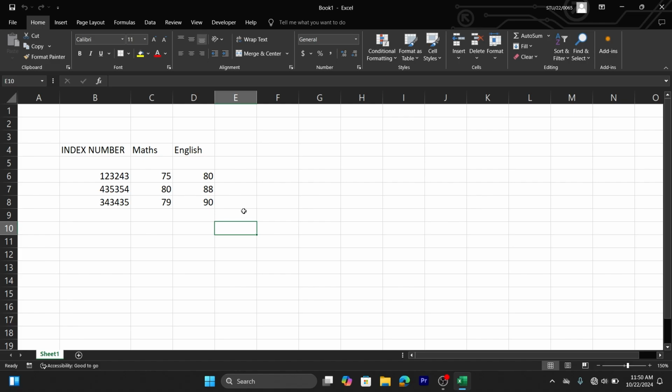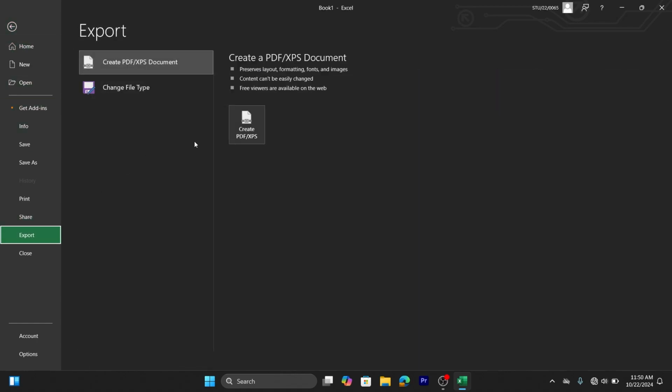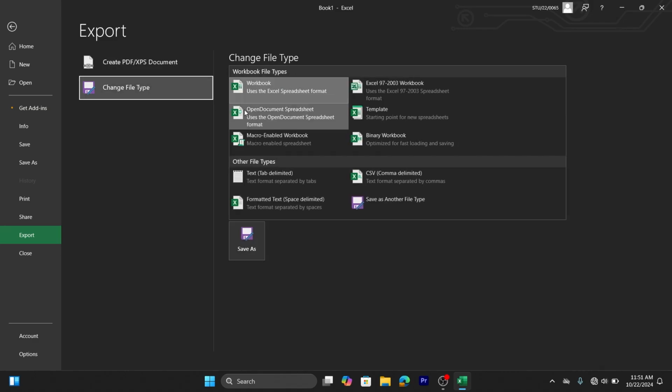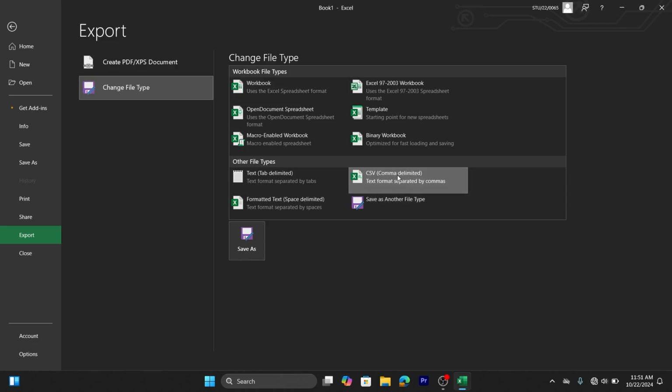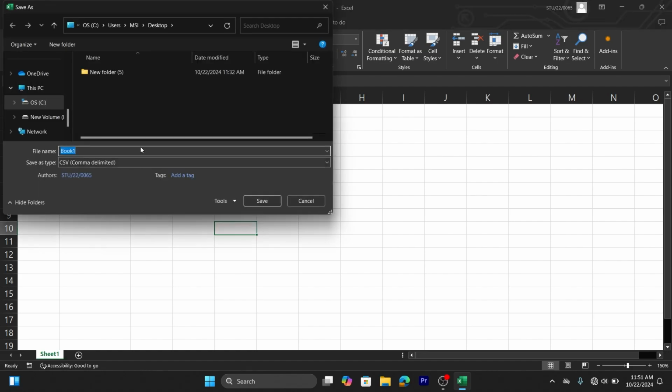So to do this, we need to head to the top left of Excel. There you can click on File, and on the left you want to go down and find Export, like so. What you want to do is click on Change File Type just in this list. And you want to come into Other File Types, then you should see the option CSV, delimited. Click there and you can then click on Save, as your File Explorer will open up and you can